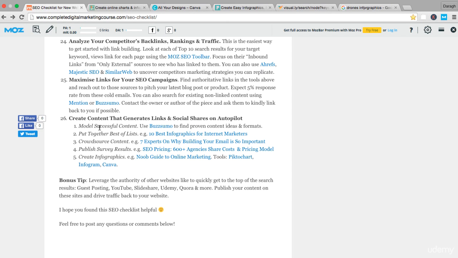So that wraps up point number 26. I've got one final bonus tip. I think you'll like this. This is really how you can get to the top of the search engines quickly, even if you've no